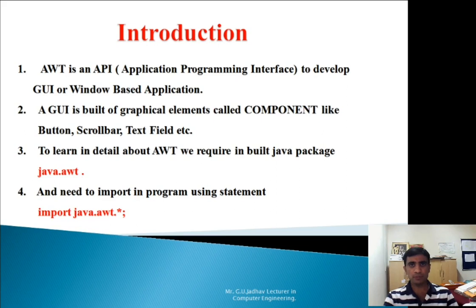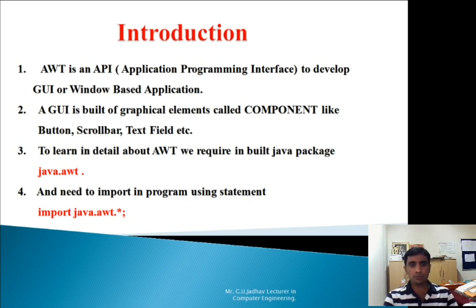Keep in mind, the package name must start with a small letter. The first letter should be a small letter, that is how a package is named: java.awt.